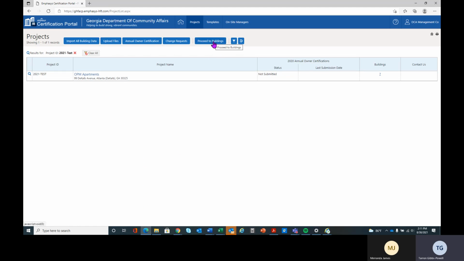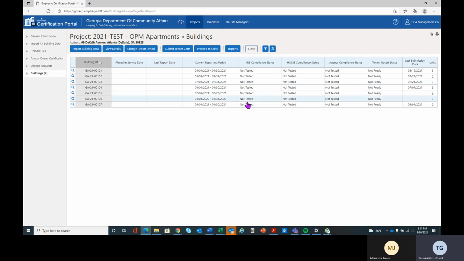So to go to proceed to buildings, that means I'm just going to input my tenant data one building at a time. So I'm going to click on the property first, proceed to buildings, and then I have my building screen. And from here, I would choose which building that I'm going to input the information into, and then I'm going to choose building 3. And then once I'm in building 3, I'm going to